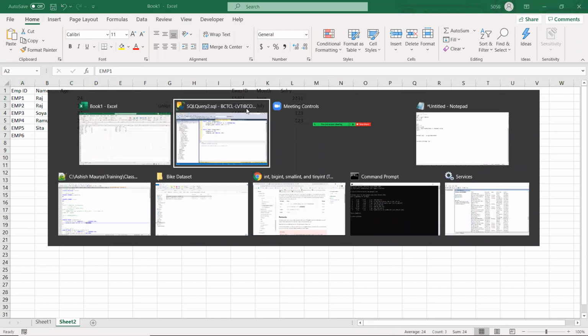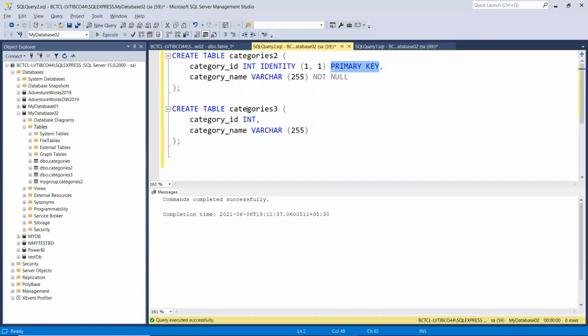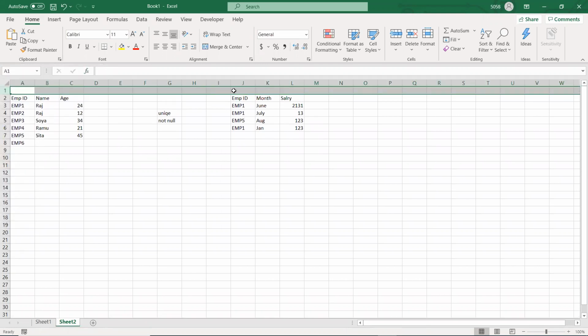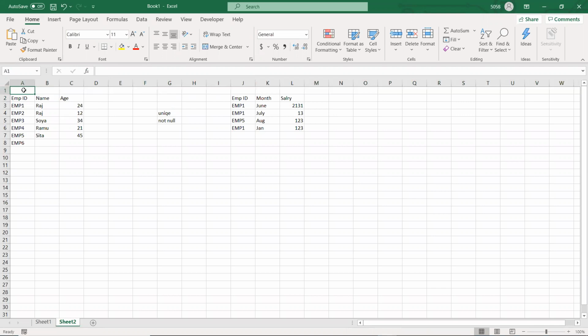I hope everybody got this point, what is primary key and what is foreign key. Generally the foreign key need not be specified, but it is good to specify it to remind us that this column is indicating some primary column in another table.